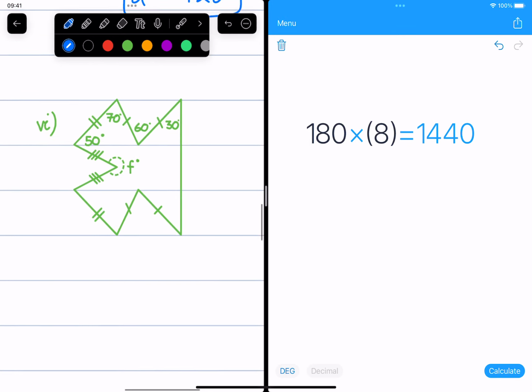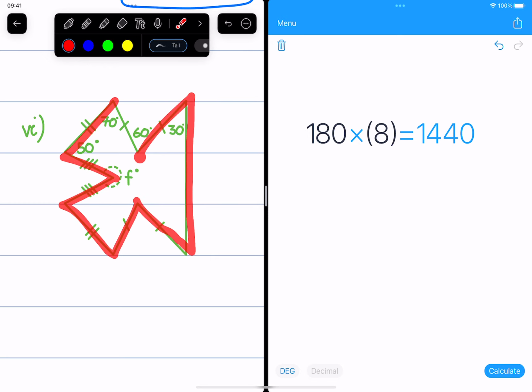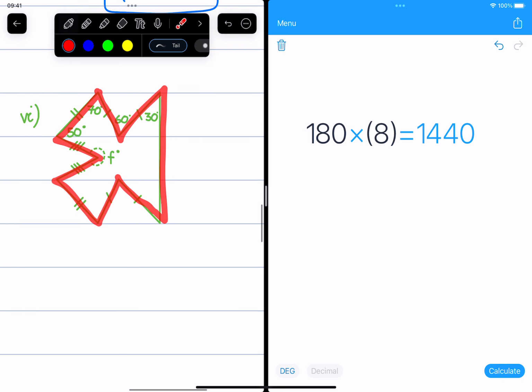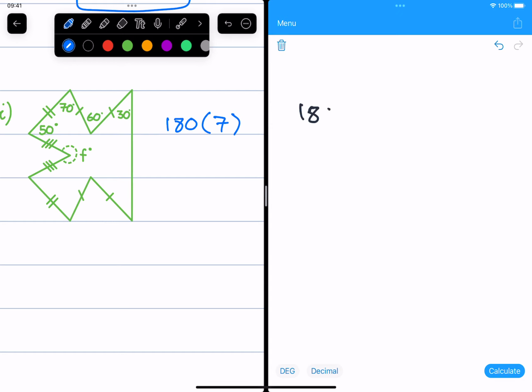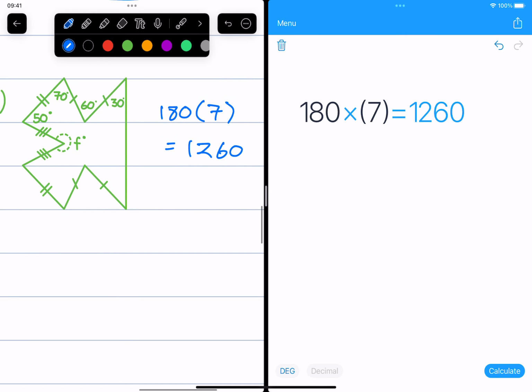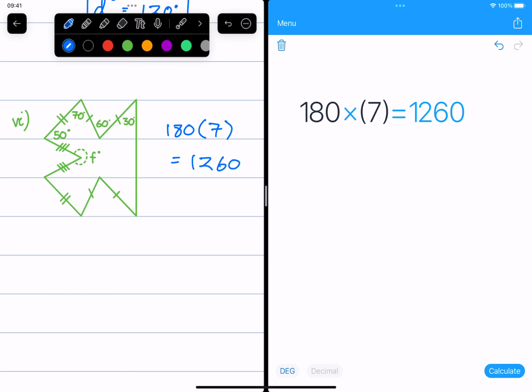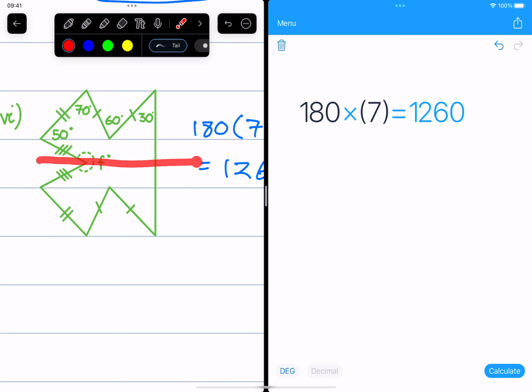All right, last one. Once again, counting the sides. 1, 2, 3, 4, 5, 6, 7, 8, 9. So all of these add up to 9. So 180 times 9 minus 2 is 7. Gives us 1,260. Now the interesting thing about this is I've drawn this so that it is perfectly symmetrical on the top and